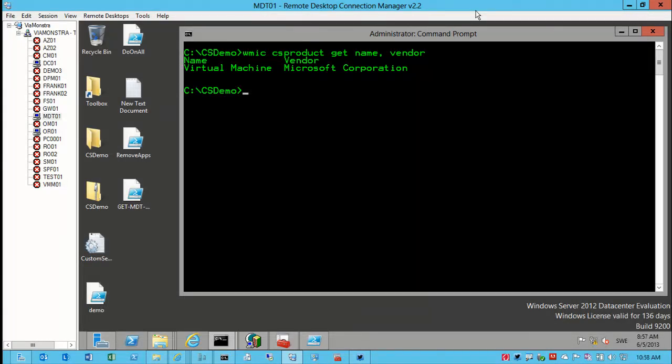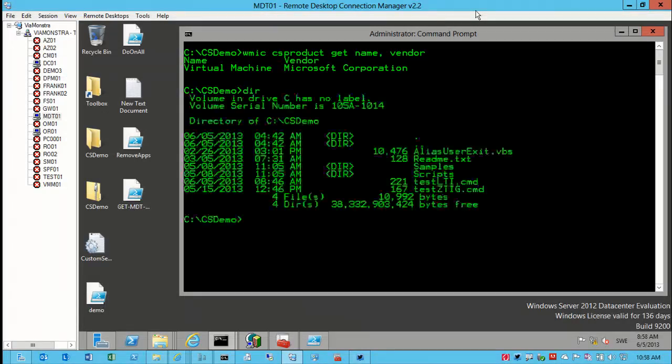So we can't really use make and model. What we can use instead is the BIOS version. But that gets tricky because then you need to query inside all the task sequences to figure that out, and you're going to end up with a customized task sequence that is horrible. So instead of doing that, you can run something called a user exit script. A user exit script is a VB script that jumps out, runs the script, and returns whatever value